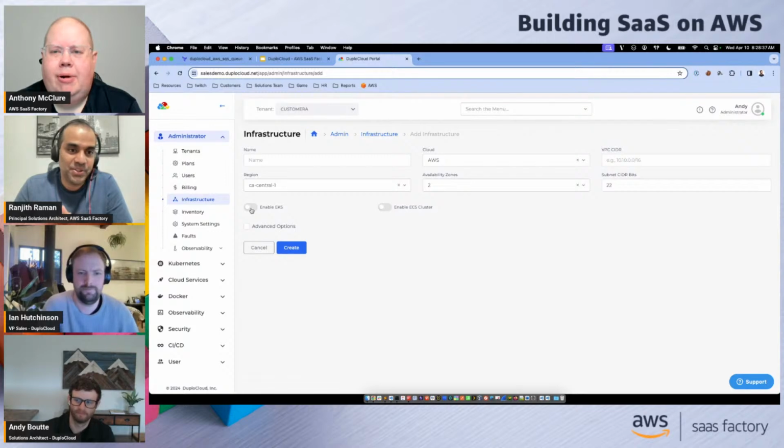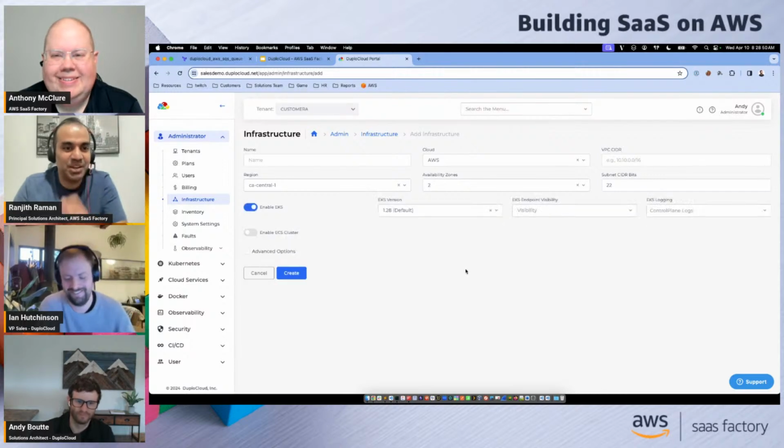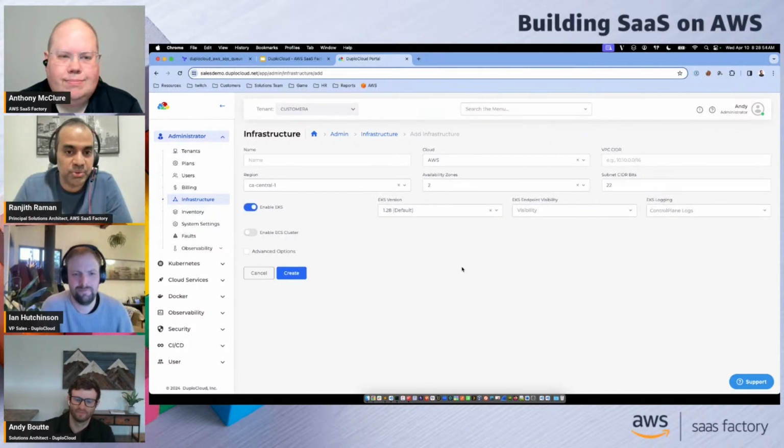Yeah, there's going to be load balancers. Yeah, ingress controllers. Yeah, there's so many things that go on. But with DuploCloud and what they provide, it's just like a toggle, just say enable EKS, and it's going to provision an entire EKS cluster for you, right, Andy? Yeah, exactly. We're trying to simplify a lot of those pain points that customers might be feeling by setting up everything from scratch, either Terraform, CloudFormation, or using just like the AWS console natively.